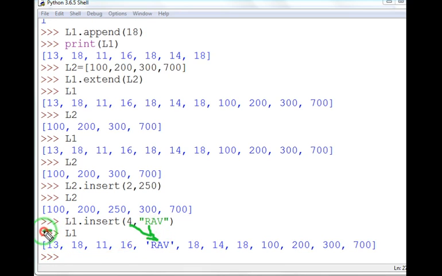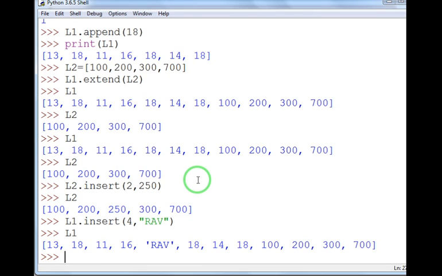In a sequence the index number always starts with 0, so the 13 will have index number 0, 1, 2, 3, and this is the fourth index number. At index 4 I have the rev value that I have inserted. So this is how we insert a value in between in any sequence. Here it's a list.